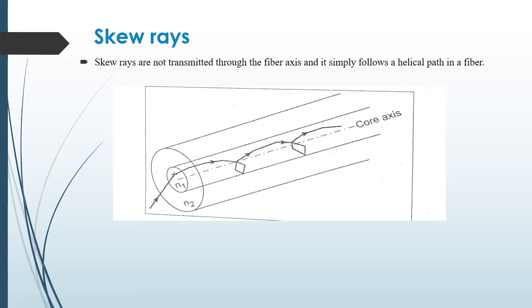These rays are more difficult to track as they travel along the fiber, since they do not lie in a single plane. The helical path is traced through the fiber and gives a change in direction of 2 gamma at each reflection. This gamma is the angle between the projection of the ray in 2 dimensions and the radius of the fiber core at the point of reflection.